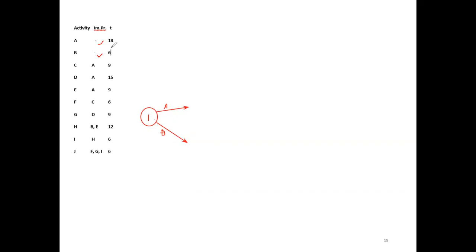Then later we'll put the date. Activity time is in another pen, another color. I will put another color later. First we draw the network diagram. For now we'll consider the C activity. Now A and B finish. Here A and B finish. Now the C activity: A must finish.